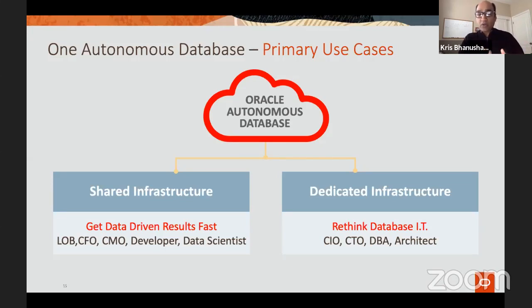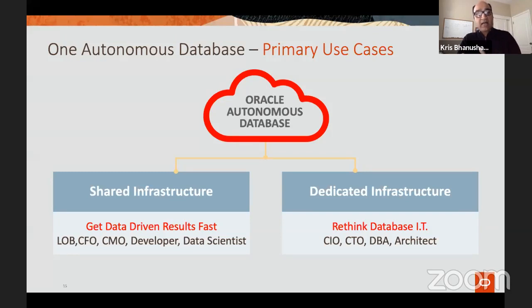You rapidly want to get a database, you want to run test/dev, you want to run a quick app, with a low entry point, then this makes sense. Many lines of business, if you're running a quick reporting application and you need a 2.0 CPU database for a period of time, can go to the shared infrastructure and get one. So that's one offering. The other one is the dedicated infrastructure, which is more geared towards IT.